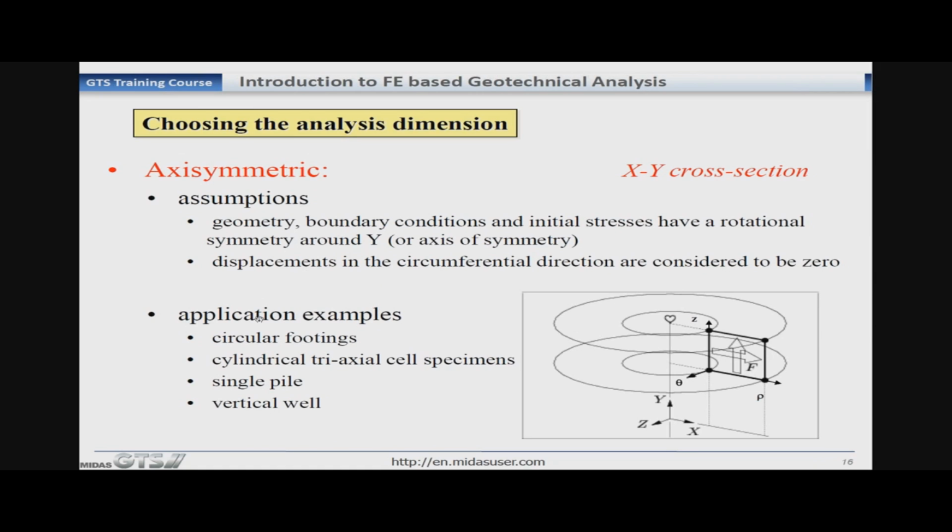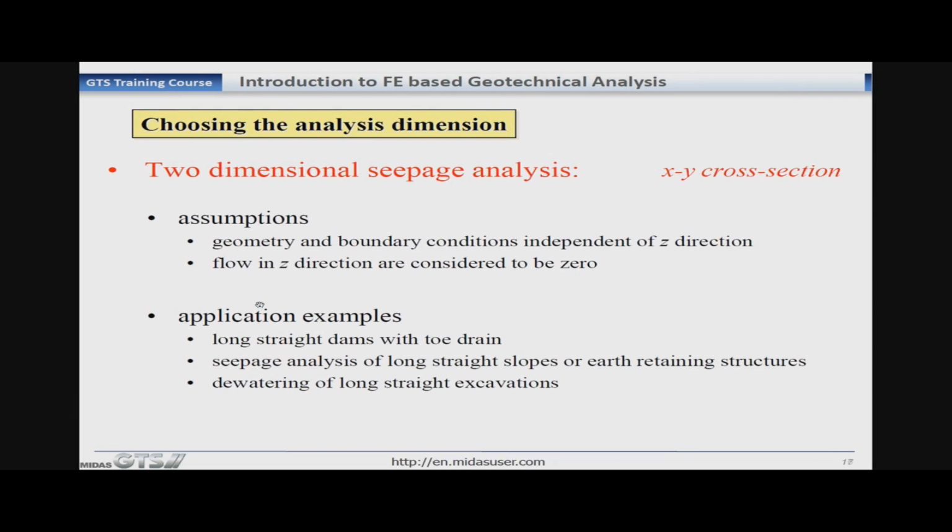In this case it is y, and the application examples can be circular footings, cylindrical triaxial cell specimens, single piles, or the vertical well. So if you want to use the axisymmetric type of element, you should know what are the different assumptions associated with this type of element and what are the different application areas where you can use this type of element for performing the finite element analysis.